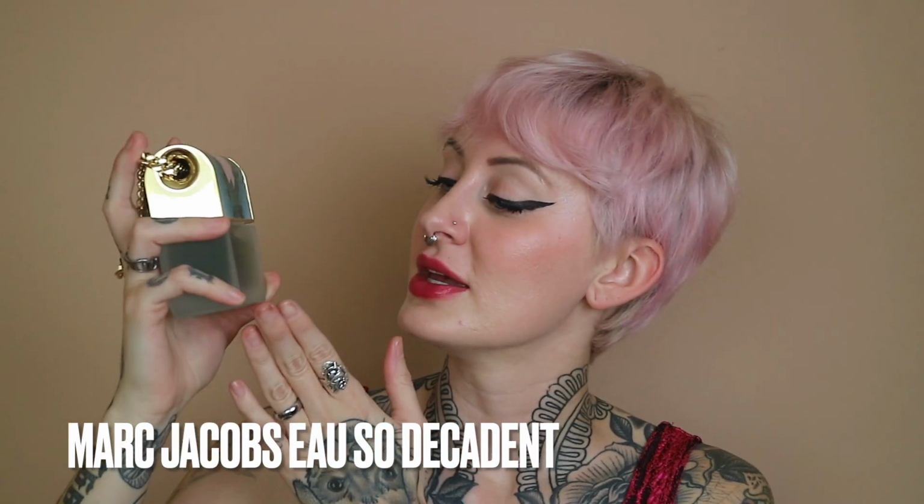Next up on the list, we have Marc Jacobs Decadence Oh So Decadent. This one is a flanker to the original, which in my opinion is significantly more heavy. This is more of their spring-summer version, and it opens up with pear, blackcurrant, ivory, and it has a magnolia flower in here with an ambery base. I won't lie,